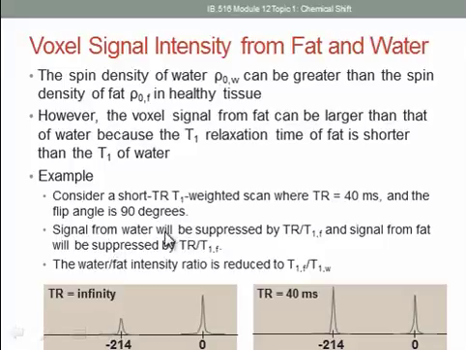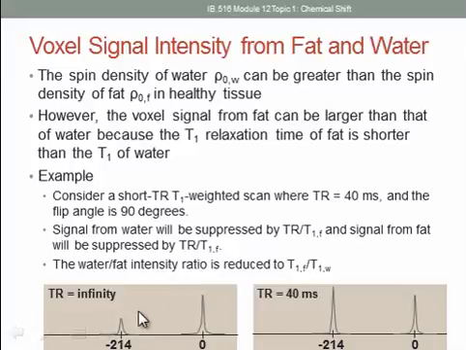The signal from water will be suppressed by TR divided by T1 water. The signal from fat will be suppressed by TR divided by T1 fat. And the water and fat intensity ratio is reduced by T1 fat divided by T1 water. So you can see here, when TR is infinity, we have water to fat intensity